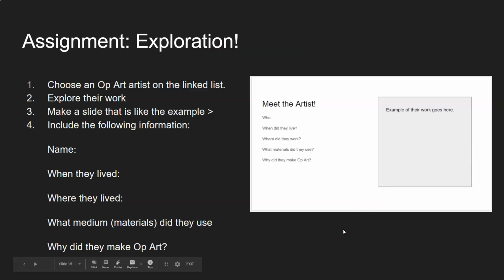Okay, now your assignment for today is to do an artist exploration. There is a link of Op Art artists on the classroom page. You're going to choose one of those and explore their work. So look at the different things that they made, read their Wikipedia entry if they have one, find out some things about it. And you're going to make a slide, just one, that is like the example over there on the right. And it'll say, meet the artist, and then who is their name,